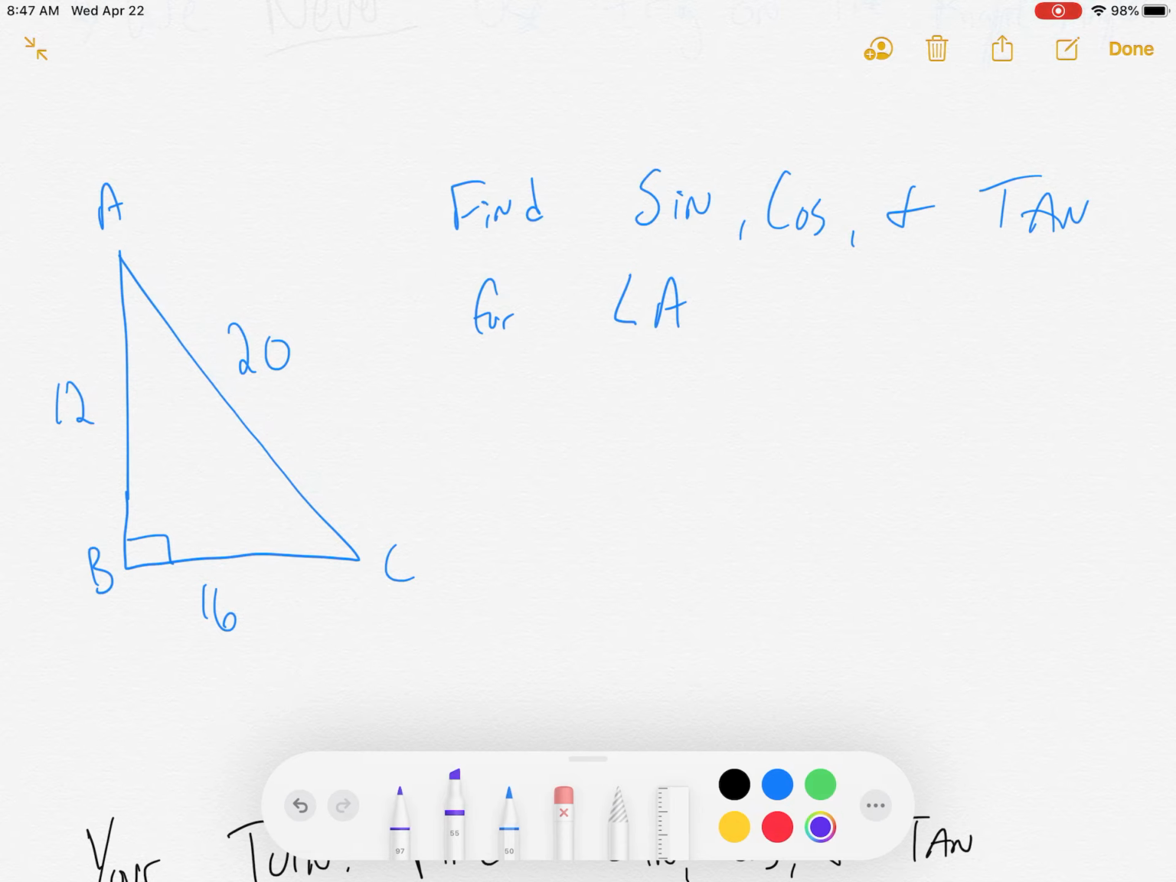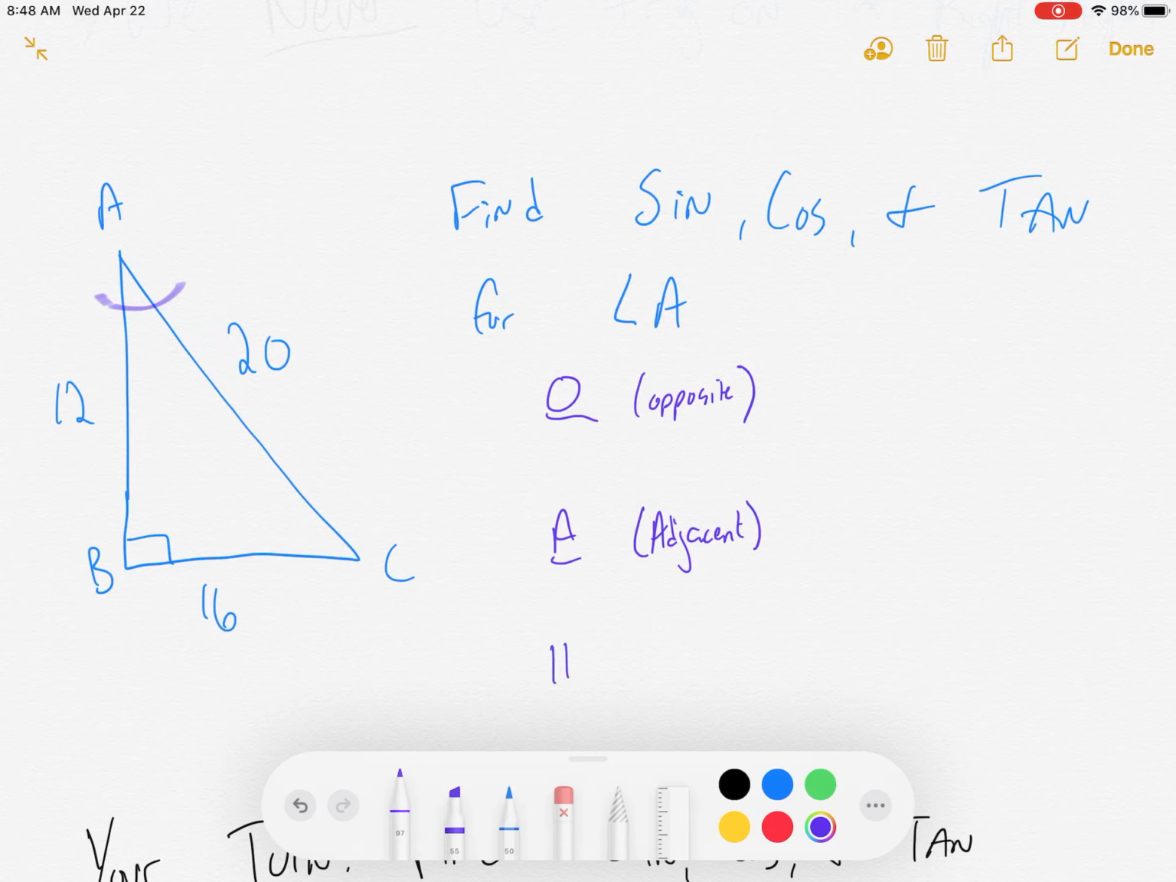Okay, so I have one example, one that you're going to try, and that's it for today. So it says, find sine, cosine, and tangent for angle A. So the first thing we need to do is locate where angle A is. That's at the top, right up here. Now, what I'm going to do is I'm going to list out 3 letters for angle A. O, A, H. The O stands for